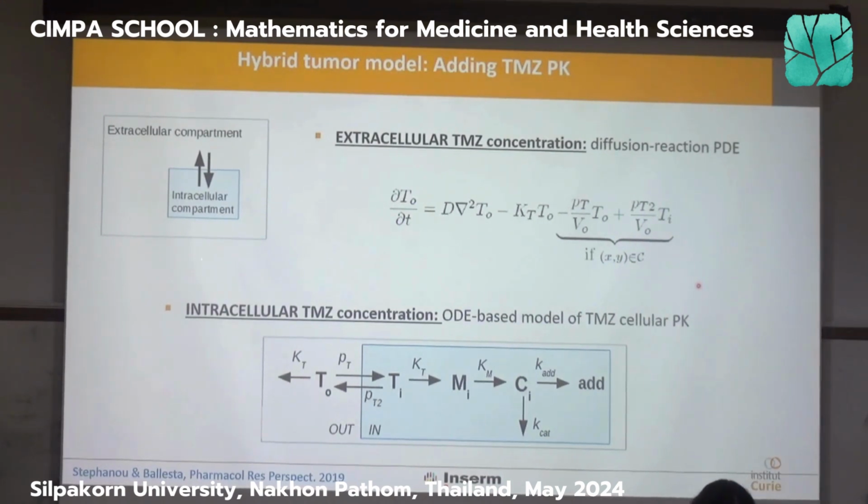Okay, so that's for the spatial department, or the spatial model. And now, here, the second part is for the ODEs. So at each node, we actually run the ODE model that was designed in the in vitro study. And here, this is exactly what we have. Temozolomide intracellular can, basically temozolomide can go through the cell membrane. Then temozolomide is transformed into MTIC, and then MTIC gives rise to the cation, which will then attack